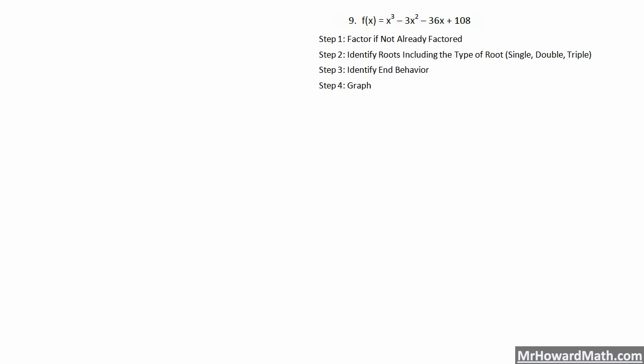So we're going to continue that in this video, but we're going to work two examples in this case that are a little different than we've had before, because we're actually going to have to do this step 1 first. We're actually going to have to factor them. Our examples now are not already factored for us, so we have to do the factoring and then continue the process. So we have x cubed minus 3x squared minus 36x plus 108